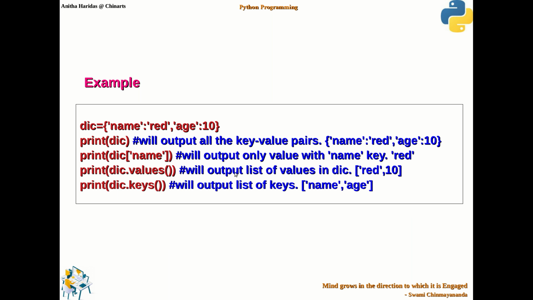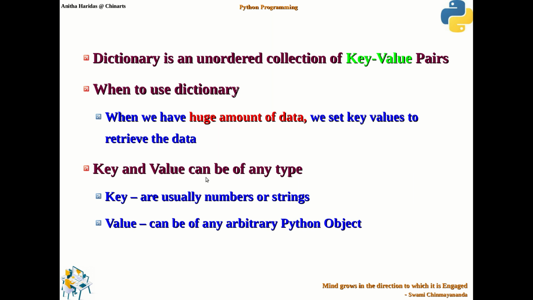We had seen some of the examples also of how a dictionary can be declared. So this is how we'll be declaring a dictionary. This is what you call the key, and this is the value, and this is the key and this is the value. And if you want to access the value of the key called name, then we will be using the square bracket. For declaring, we use the curly braces. So dictionary is nothing but an unordered collection of key value pairs.